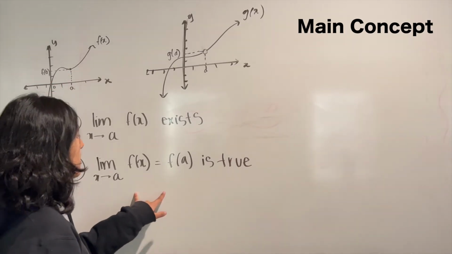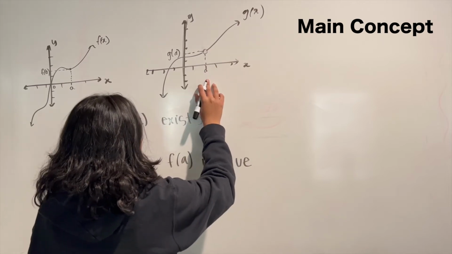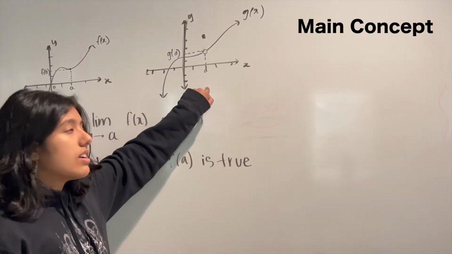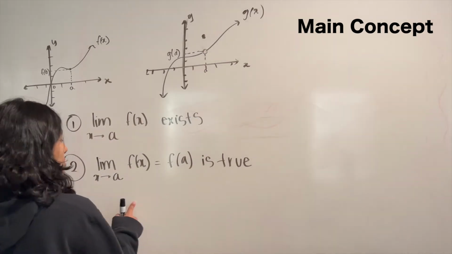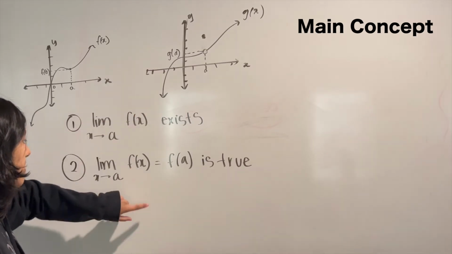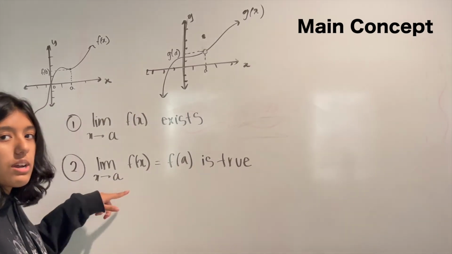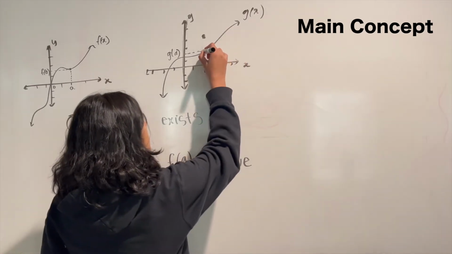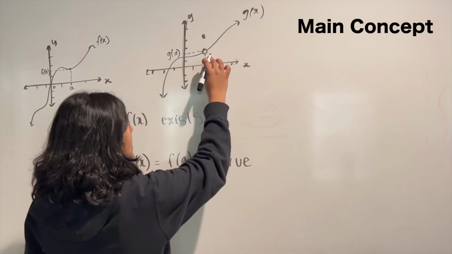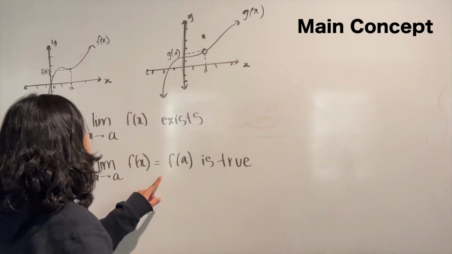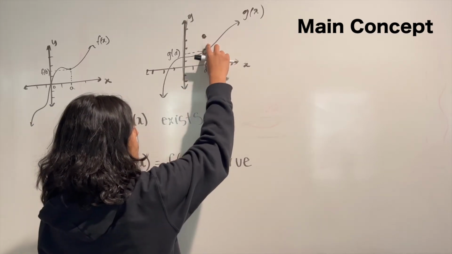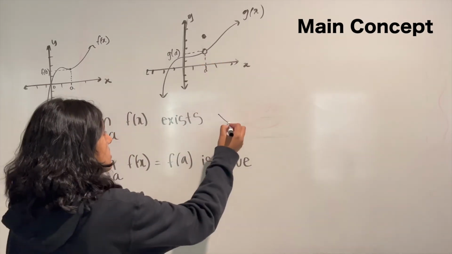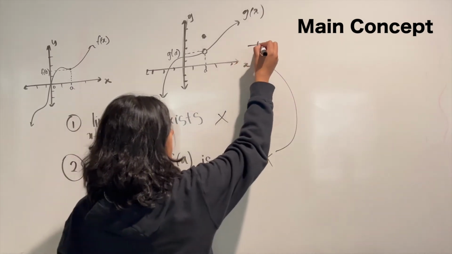So let's take an example for this. We'll use this example once again. Let's say that at f of a, you have a point here. So we already know that according to rule number one, this is not continuous, but let's see rule number two. Rule number two is the limit as x tends to a of g of x, we're using this graph, equals g of a is true. If this is true, that means we have a continuous function. But as we see, the limit as x tends to a of g of x zones in on this point. If you follow the graph from both the right and the left, it zones in on this point. However, g of a is a completely different point since it's plotted like, let's say, 2 units above this hole in the graph. So neither of these conditions is met for this graph. Therefore, this graph is